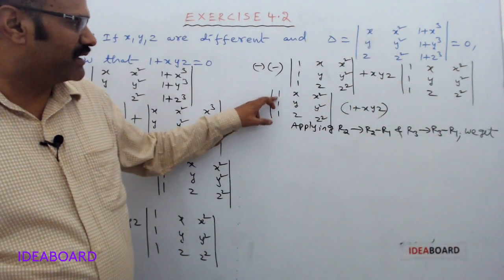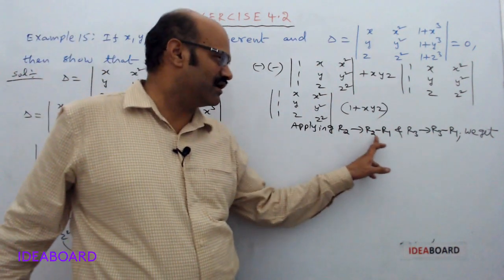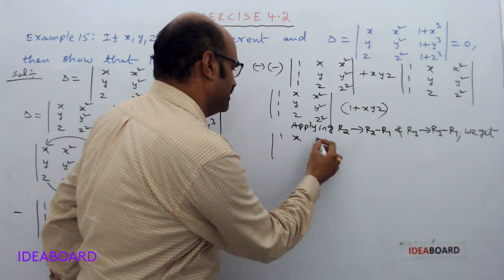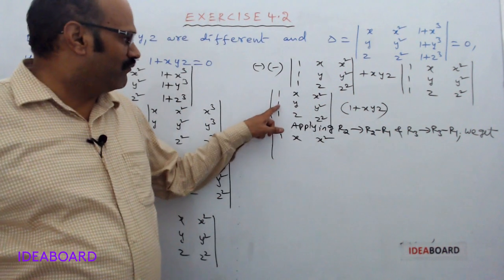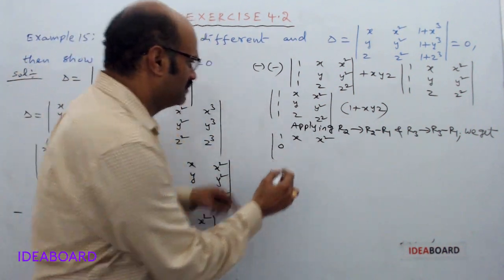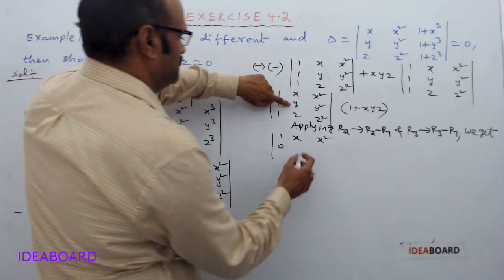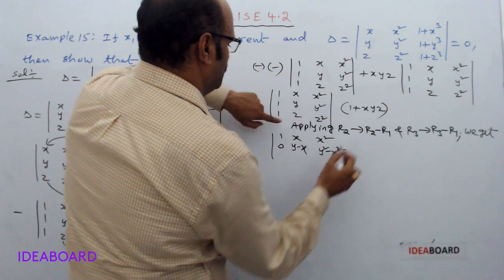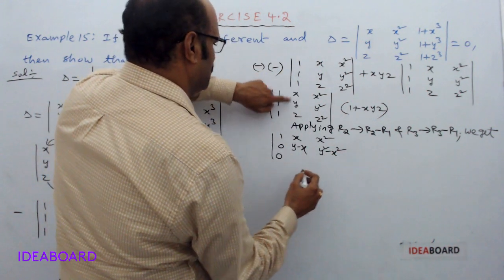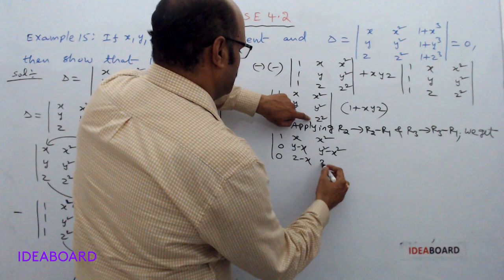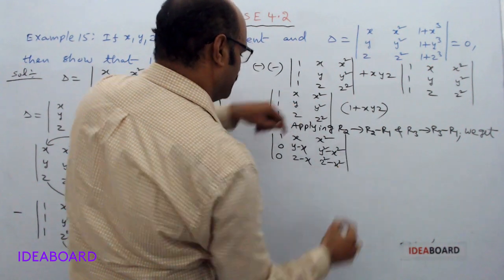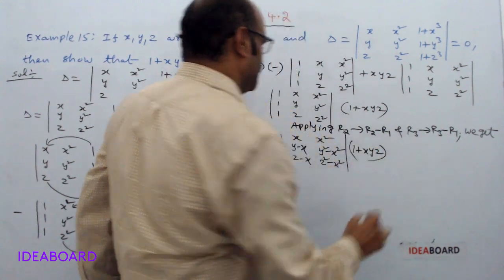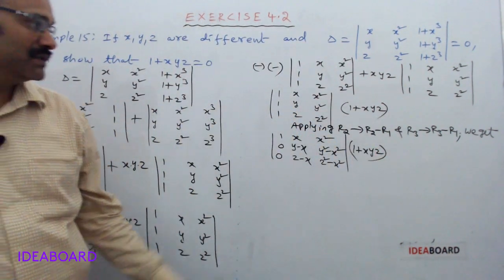R2 minus R1. 1 minus 1 becomes 0. So there is no change in R1. So let me write R1 is same, 1, x square. 1 minus 1 becomes 0. Now y minus x, y square minus x square, 1 minus 1 is 0, z minus x, z square minus x square into 1 plus xyz, 1 plus xyz. Now